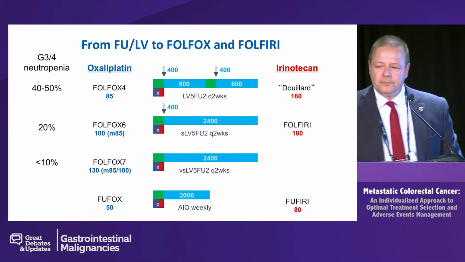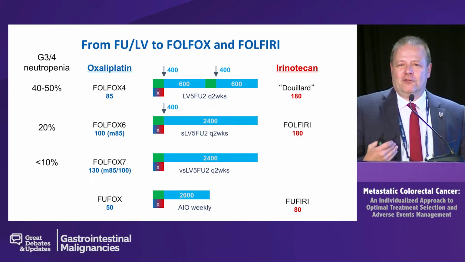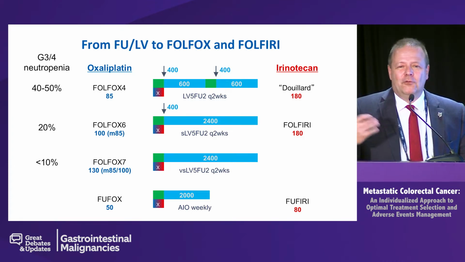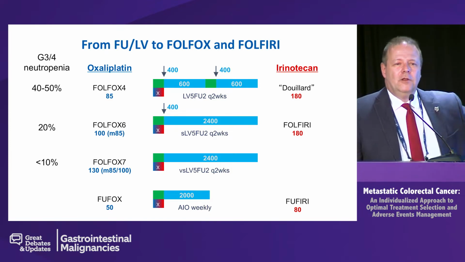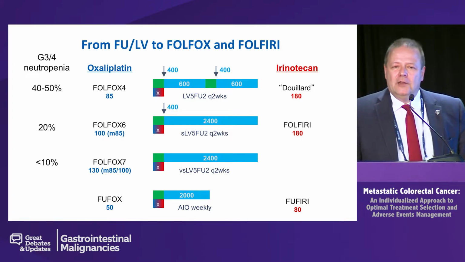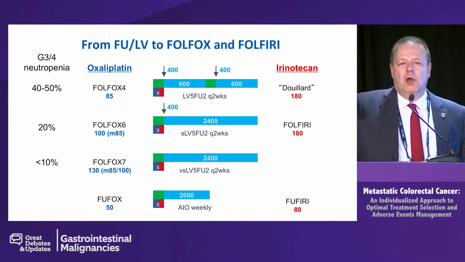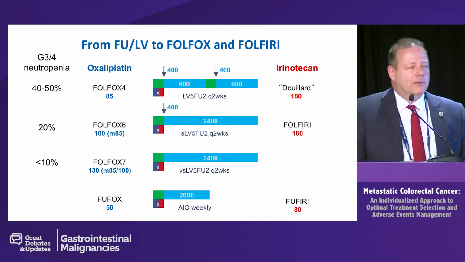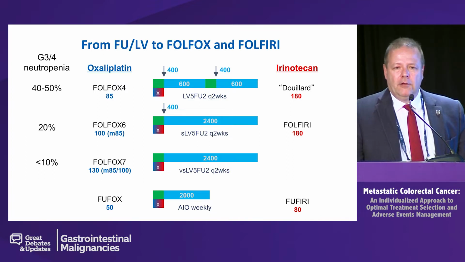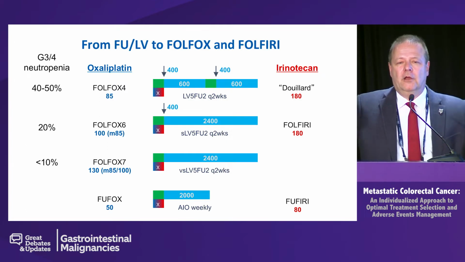Very important point. Now, let me chime in on one thing, because I feel very strongly about my FOLFOXes. You might have known that there's FOLFOX4, FOLFOX6, modified FOLFOX6, modified FOLFOX7, whatever is out there. What is it all based on? At the time when we only had 5-FU, we thought that 5-FU was actually two different agents: a bolus 5-FU, which inhibits RNA synthesis, and infusional 5-FU, pump therapy, continued administration, inhibiting DNA synthesis. Modulated by leucovorin, the green box here, we developed regimens combining bolus and infusional 5-FU, thinking we target the tumor